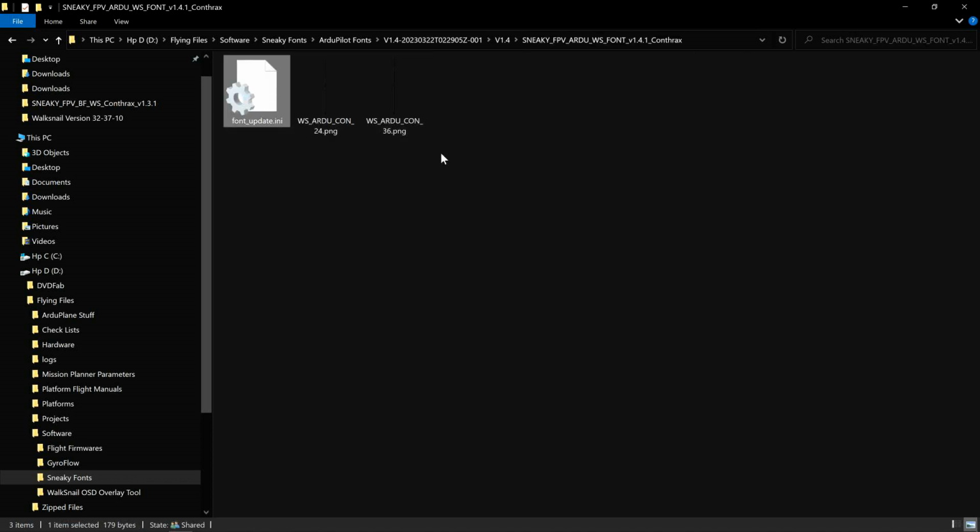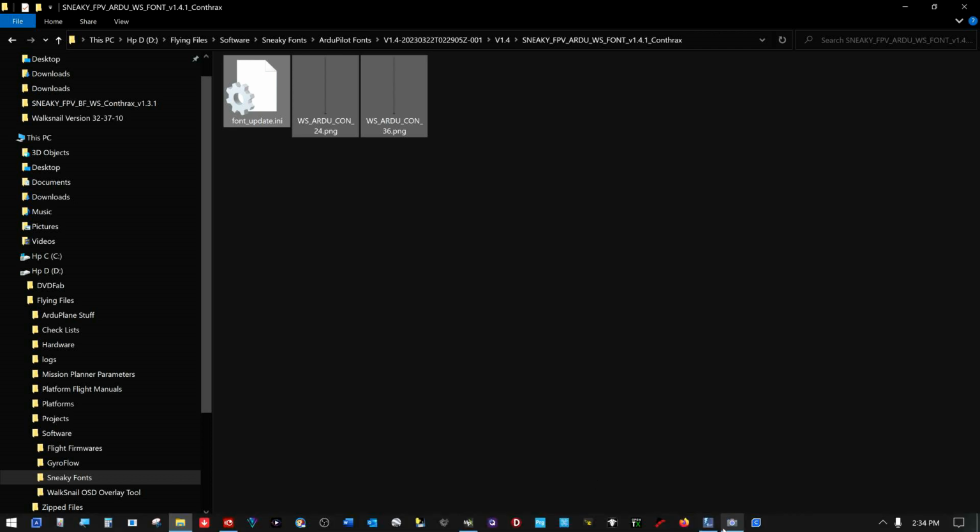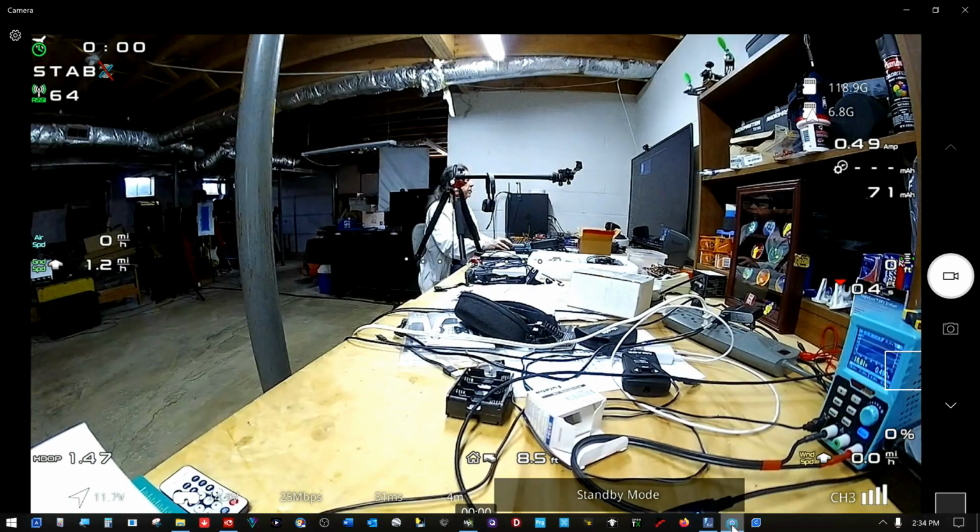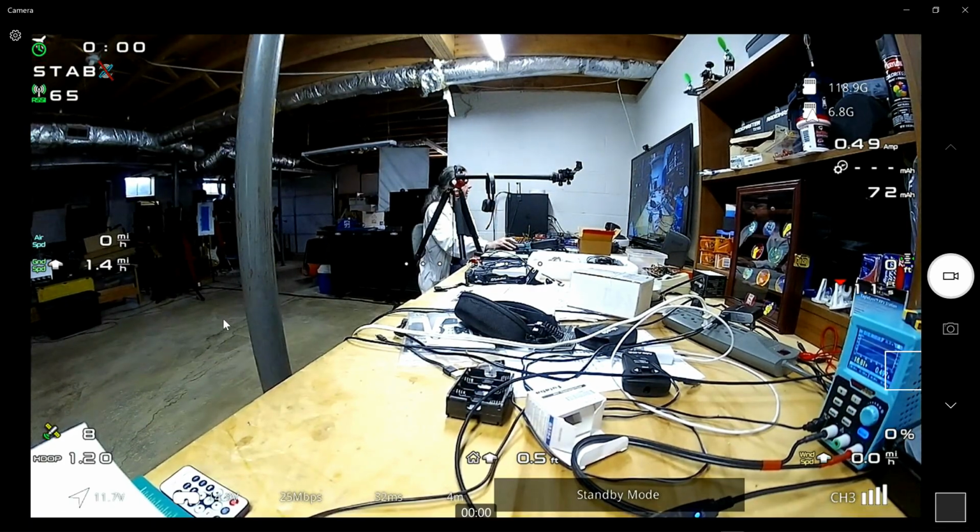so I came in here and I copied these 3 files to the root of the SD card in the video receiver, powered everything up, did a fonts update, and after the fonts update was finished, I did have to move around the OSD again to get it positioned correctly, but then now I have this. Oh, look, that says milliwatts even for the VTX power. I'm not going to be using that on the Walksnail, but